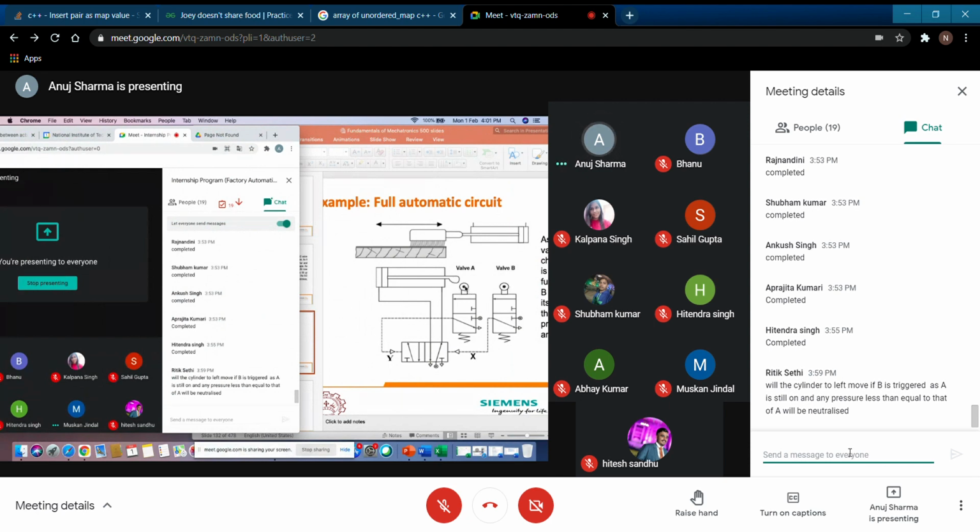No, see, this is just tripped for a single value. This is forced only for a very short span of time when this elevated portion is in touch with this roller support. So this is kind of a roller switch you can see. For that particular instant only, till this position is interacting with this roller, this is going to get pressurized to this particular direction. Then it is going to move to the unactuated position, Ritik, right? Understood, Ritik?